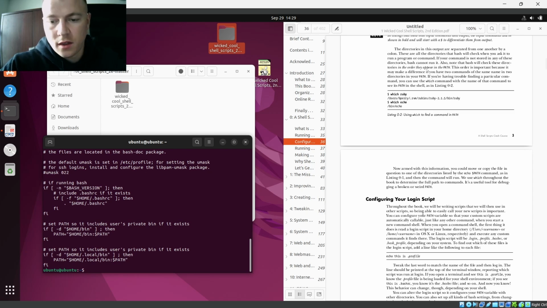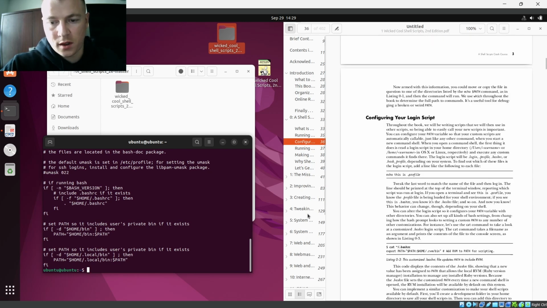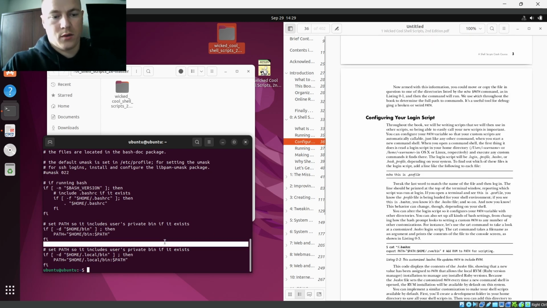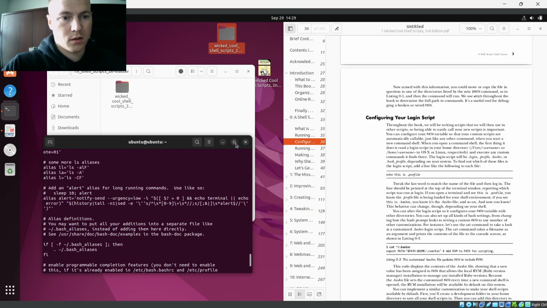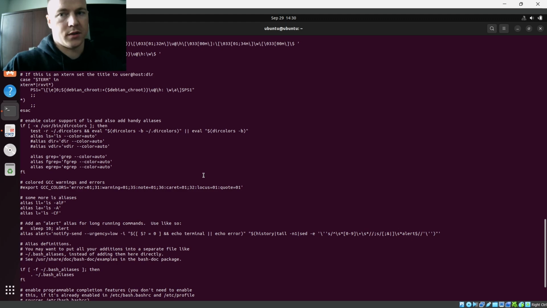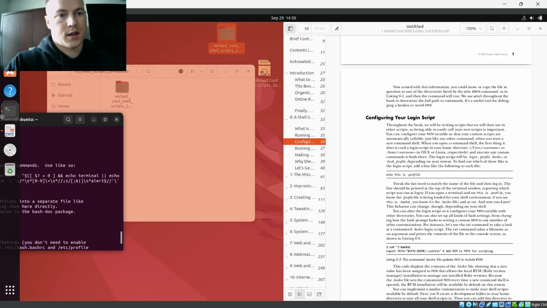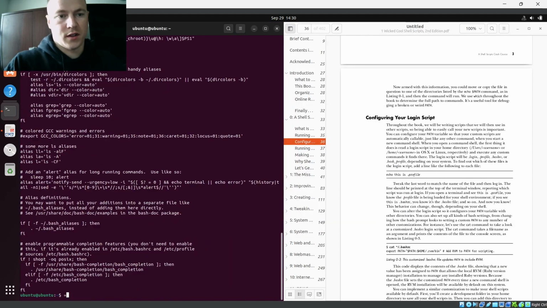So that is the one that we're looking at. Then they have it that they would cat, and the tilde means your home directory. So then bashrc, and then we have that. Boom, just like that. We're gonna put this to the side, and we will increase the font size,